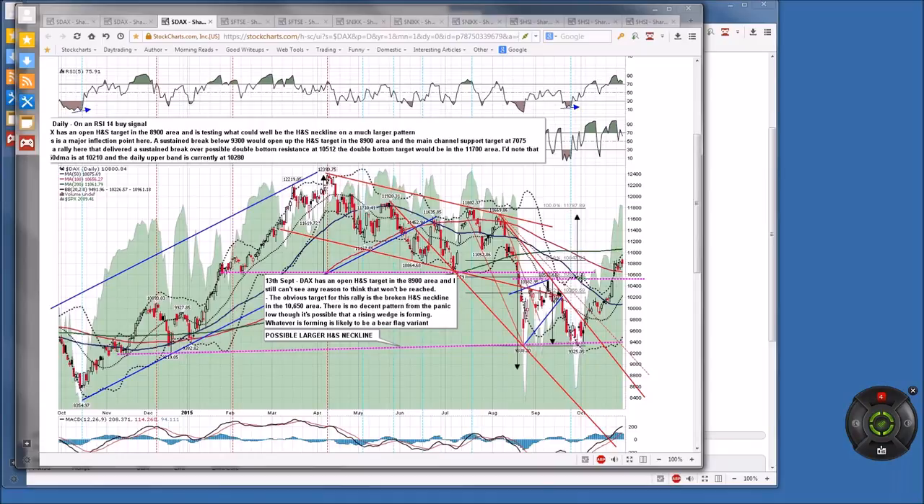I'd marked this in quite a while ago. It's got a breakaway gap here. I'm looking at this thinking, that's really interesting because the DAX has a high probability target here of 11,700. And this is a strong pattern. It's a very nicely formed double bottom. You've got a very clear, I mean, I actually haven't looked at the trend lines for this in,